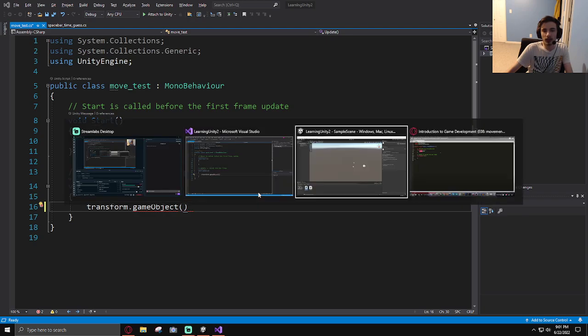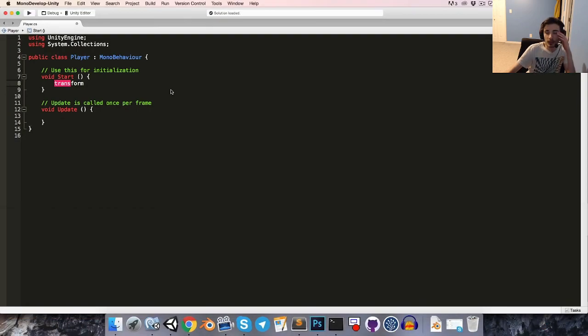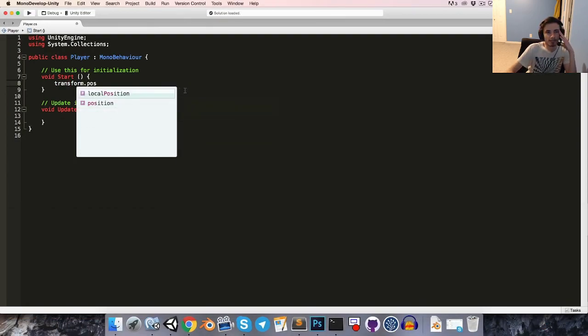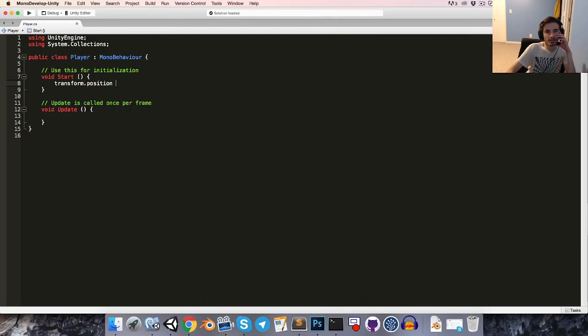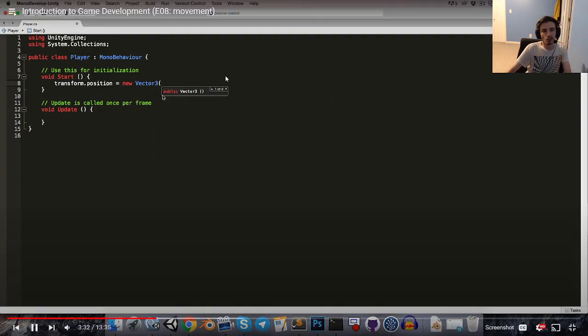Never mind. I need to write up a cheat sheet because this is insane. So this is, say, for example, transform.position, which as you can see here is just a vector 3. So if we want to set that, we can say equals new vector 3, and then we just have to pass in values for the x, y, and z axes. So we could say